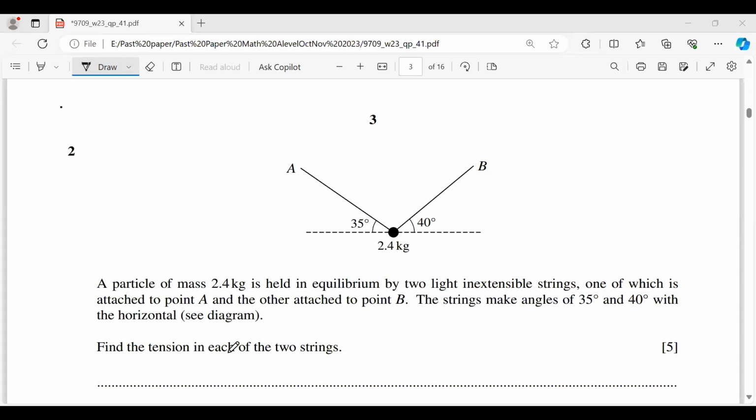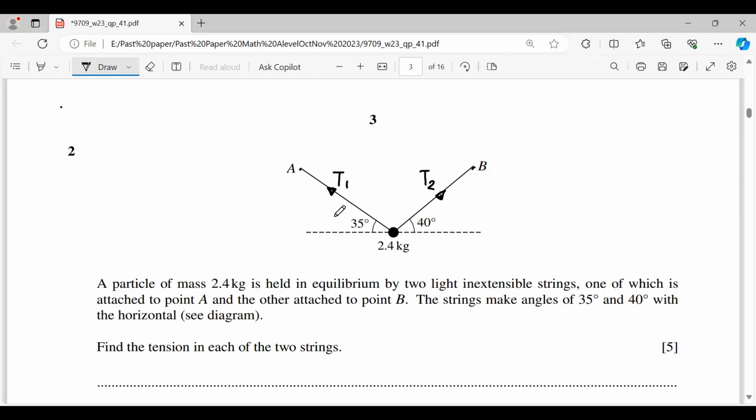Find the tension in each of the two strings. We are going to find the tensions of these strings: one attached on point A, while the other string is attached on point B. And these are two tensions, tension